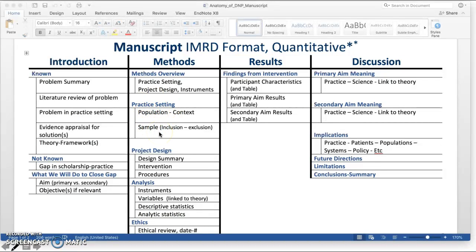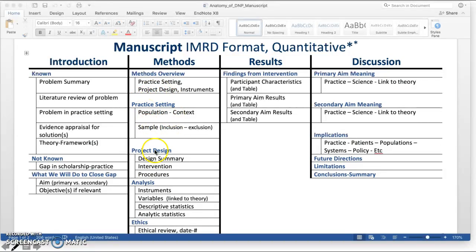And that's where you explain the exclusion and the inclusion criteria. What allows someone to end up being in your DNP project? What allows a unit to be in your DNP project? Again, this is bullet point, very focused, very high-level view of these key issues,